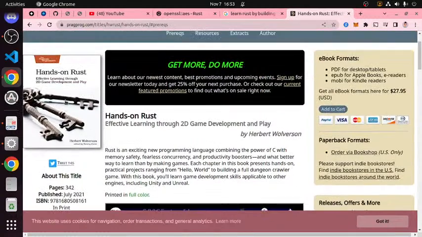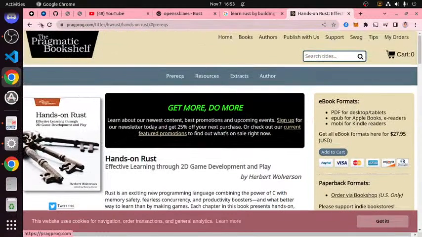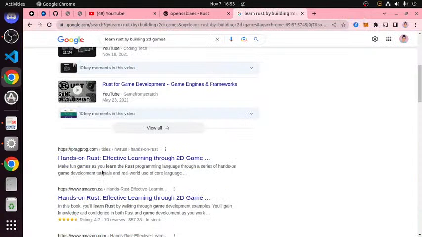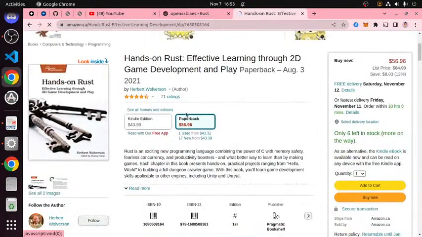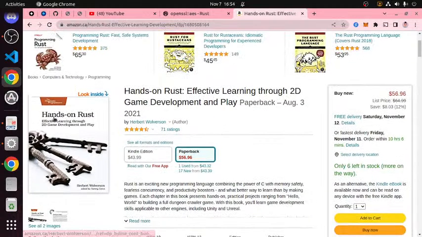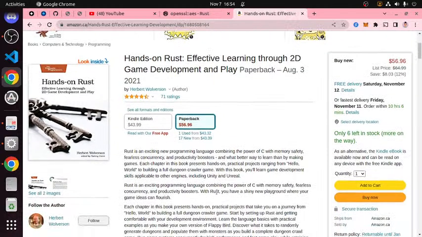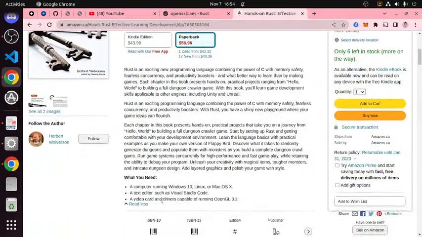Cool. It's on Amazon here as well. Same book. Okay, perfect. So this is the book that I think I want to go through. 2021. It's not bad. Looks like a lot of fun, actually.